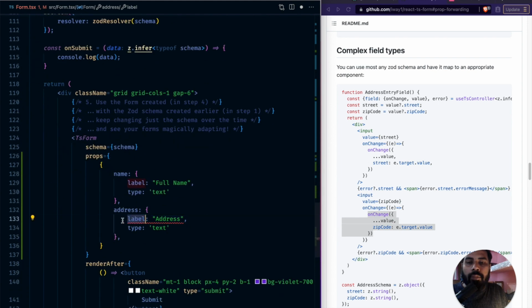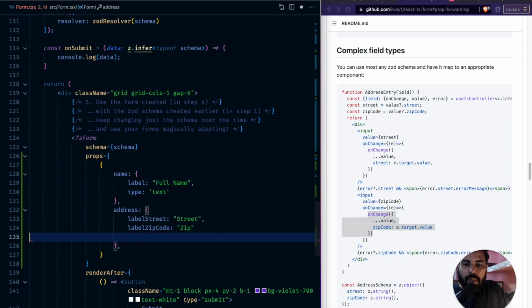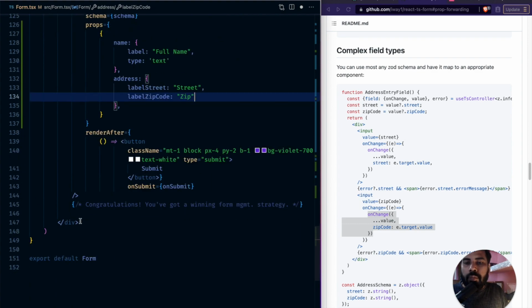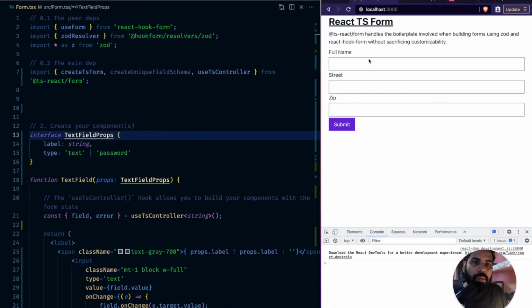Come over here, we change the type. So let's just make it label street, and label street is going to be just street, and label zip code is going to be just zip. We'll do away with this one as it's not needed anymore. TypeScript is all happy about this. Let's just save this and see our current